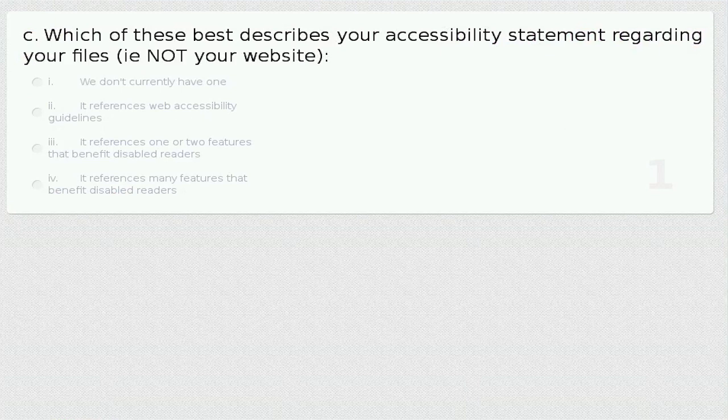The last poll was just to get you reflecting on your accessibility statement as it stands at the minute. So some of you may have an accessibility statement on your website that says our website is W3C compliant and all that standard stuff that nobody actually understands. Normal people wouldn't be able to use that to know what they could do with something. So it might be that you have an accessibility statement about your website itself, but this isn't about your website. This is about your product.